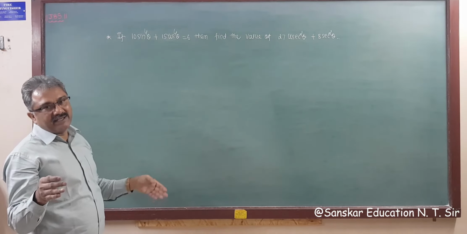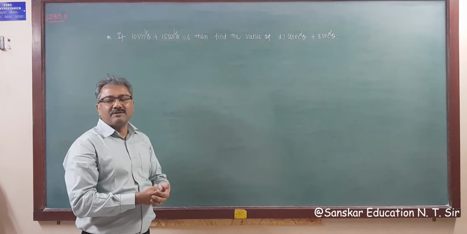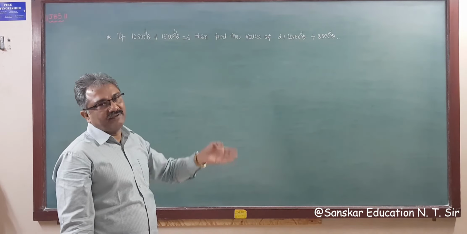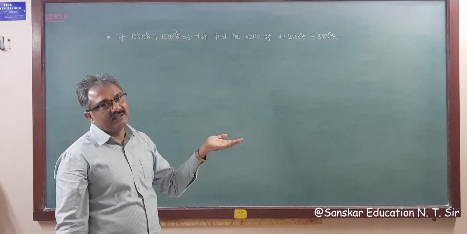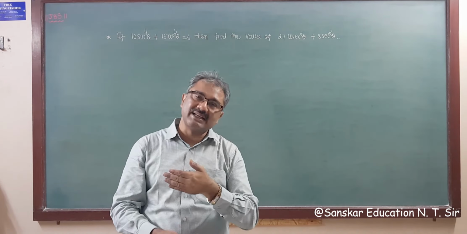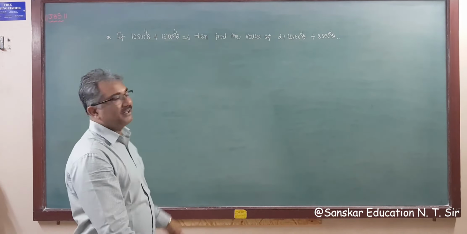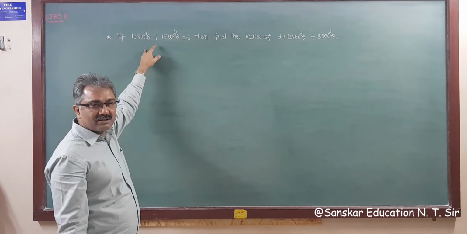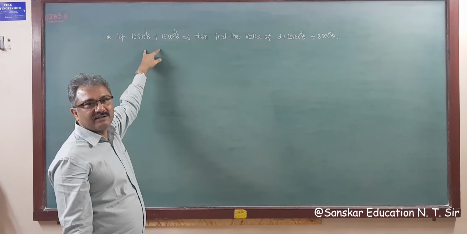If we get sin square theta, then we can convert it to 1 minus cos square theta. And if we get cos, then 1 minus sin square theta. So we will get sin and cos, and the reciprocals of sin and cos are cosec and sec. So the mission target is to find out sin and cos, that is, to solve this equation.